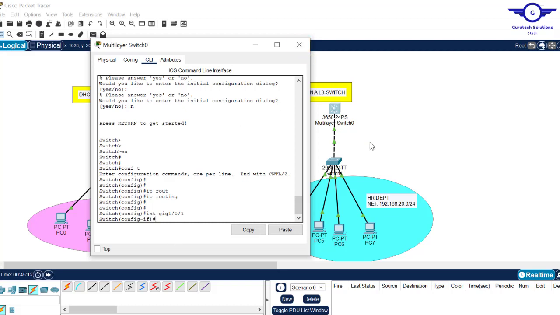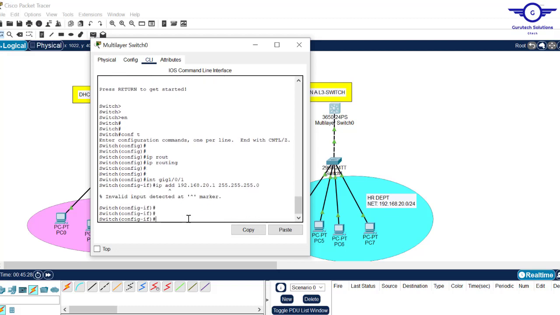We cannot assign them IP addresses. So if I try to assign an IP address here, ip address 192.168.20.1 255.255.255.0, you will see I get this error because this is still, although it's a